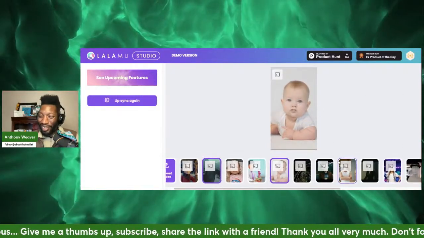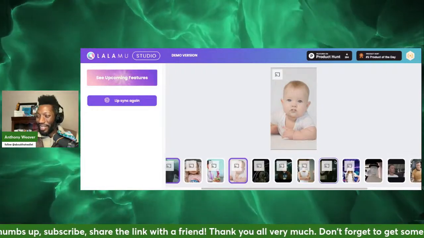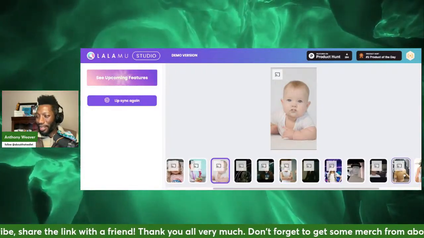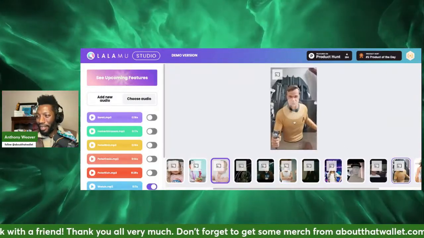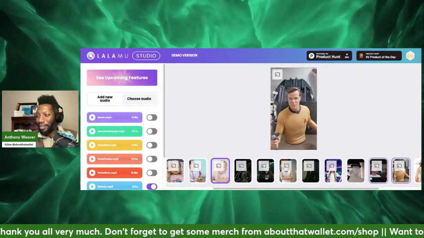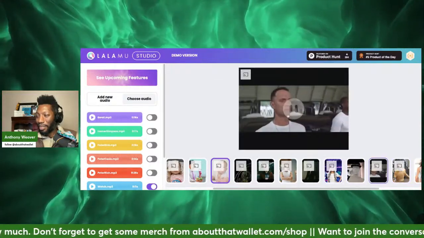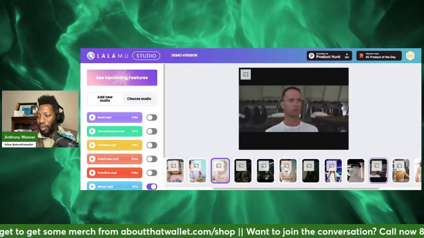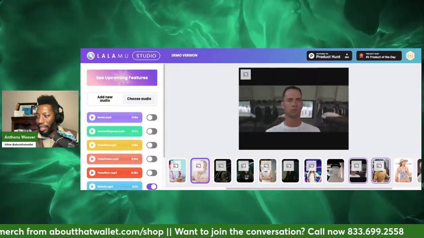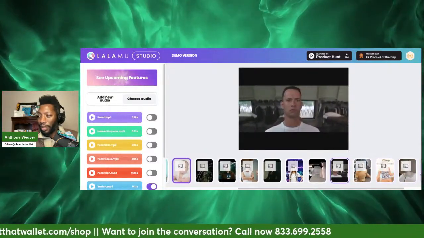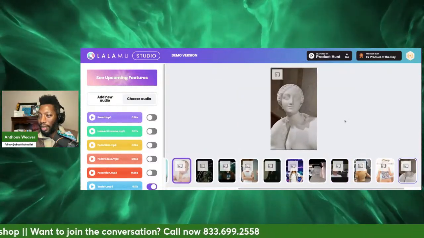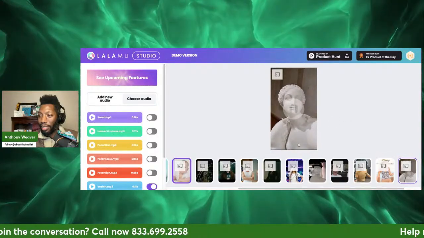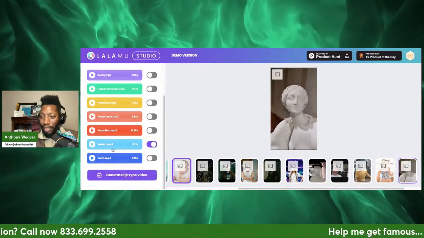Like, isn't this really cool? So think about you just like William Shatner. Let's throw some William Shatner up there. This is not even him. It's just still. Like, let's see what else he got up there. Well, say these are pre-done ones, but I'm just playing around with them to show. Like, all right, so this is clearly a statue, but because it has some lips,